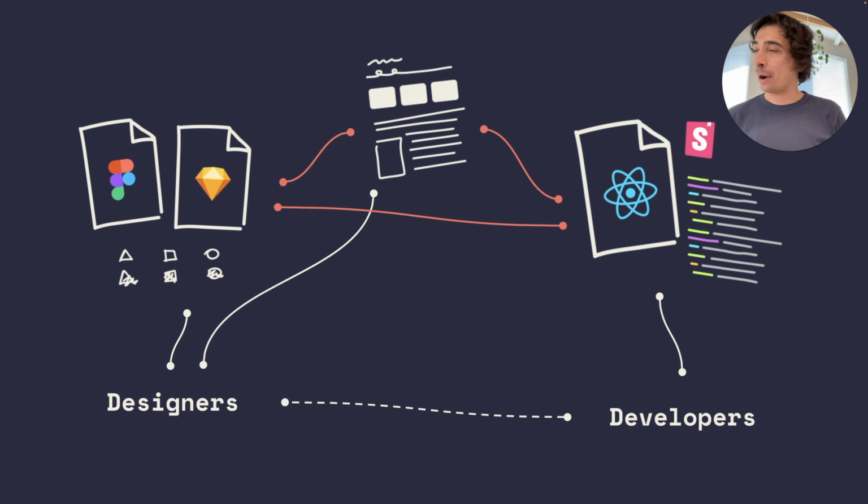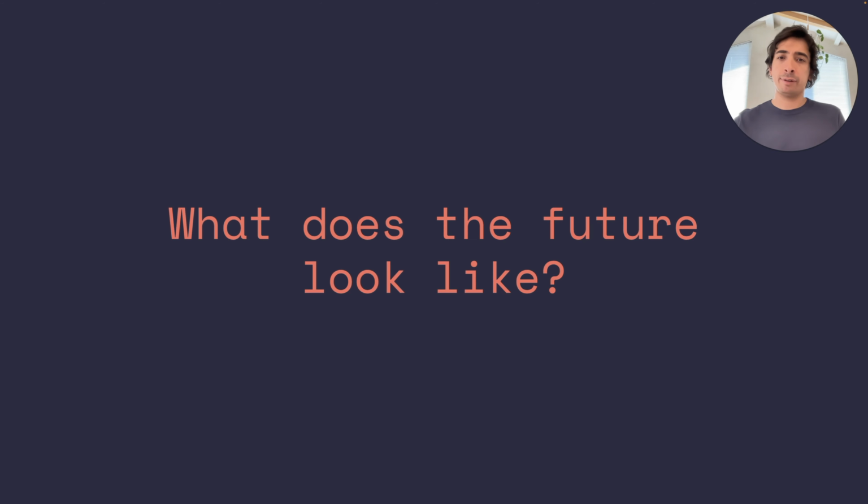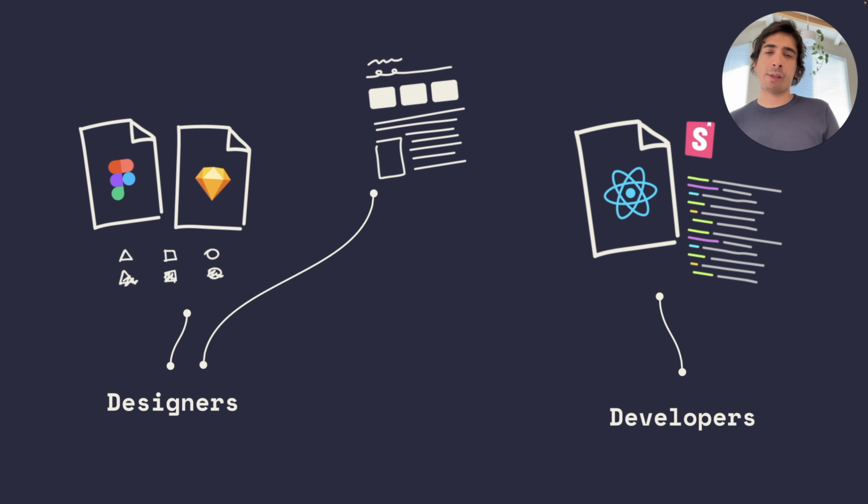Well, right now, not really. There are a lot of tools and solutions out there, including Zeplin, that try to solve different parts of this problem, different parts of the chart that we're looking at. But there's no one definitive solution, since you can imagine that's a very tricky problem to solve. Let's now imagine together what an ideal future would look like.